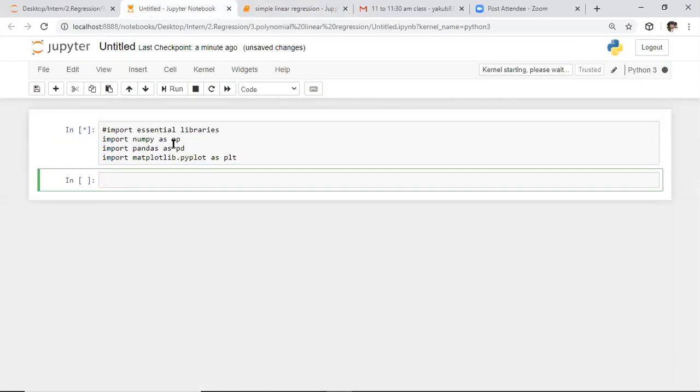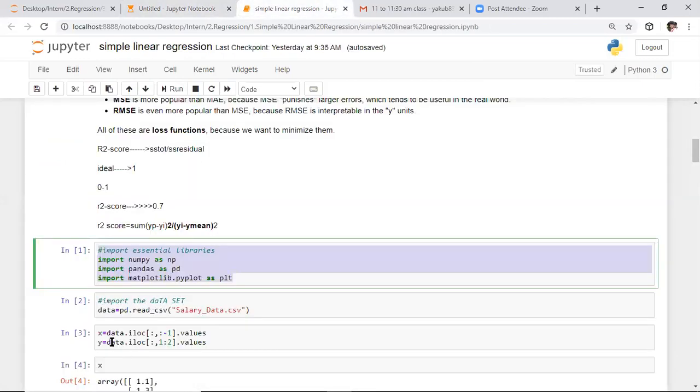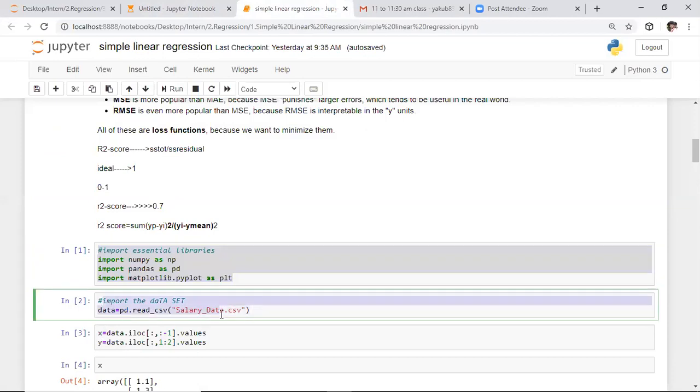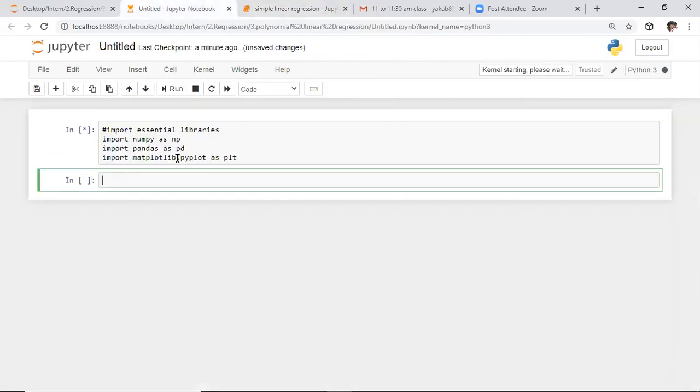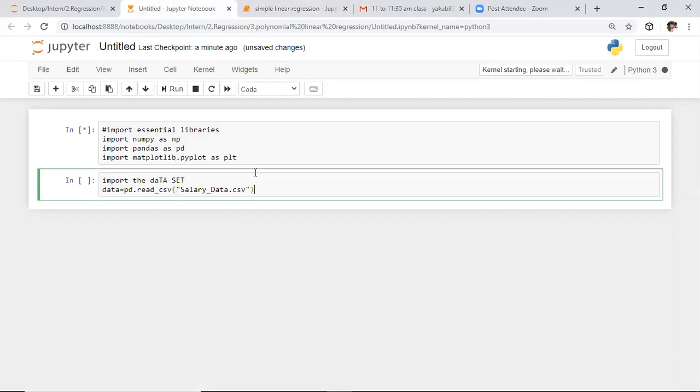After that, what do we need to do? We need to import the data set. The second point is importing the data set. I'm copying that too. Here we need to import the data set again, whereas our data set is a different one, so we need to specify our data set name. Every time I have kept the CSV or Excel file in the same working directory. What do we need to do to access a CSV file present in another location or working directory? I will explain that now.